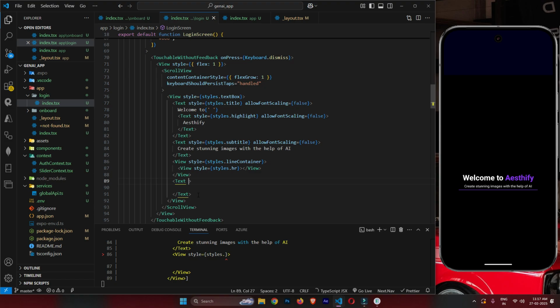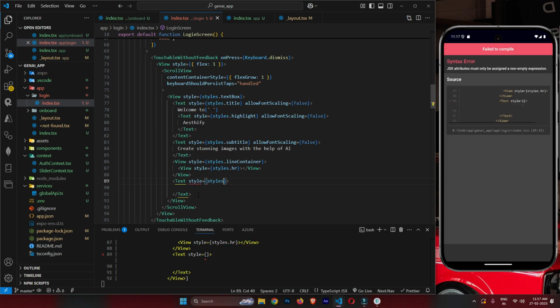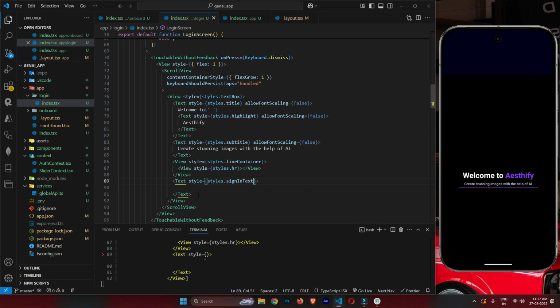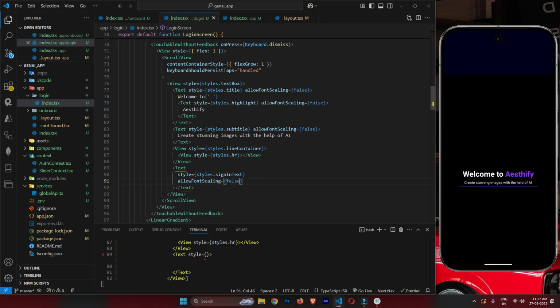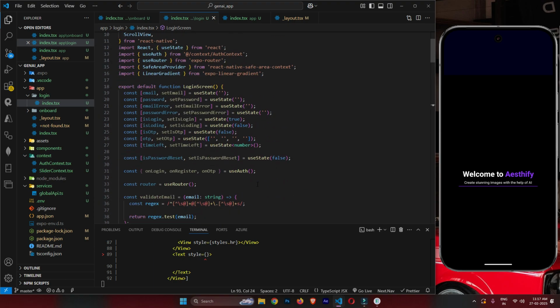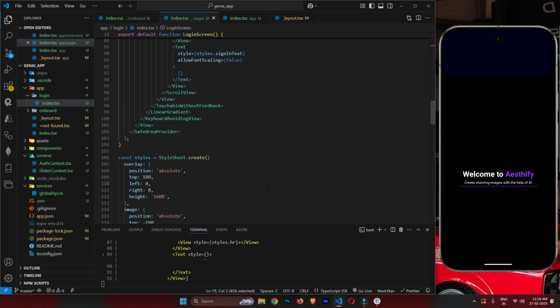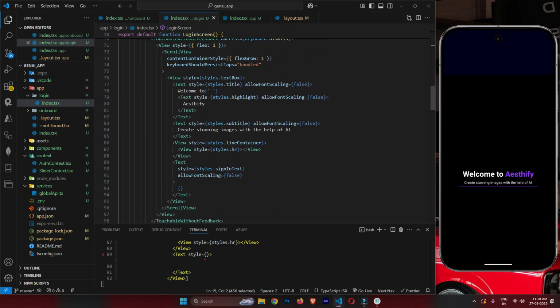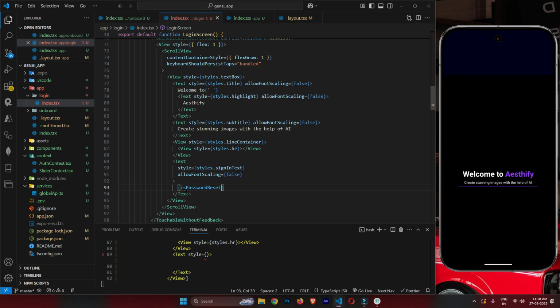Okay, and in this text we have a style, and this styles dot sign in text, allow font scaling will be false. Font scaling will be false. All right, so guys, here is something, this will be a text that will be dynamic. Okay, so now whatever the use state we have used here, you see there's too many, that will be a magic work here. So I will say is password reset,